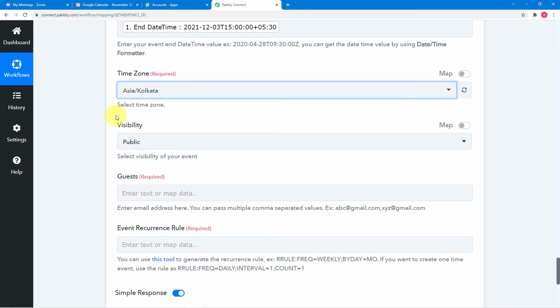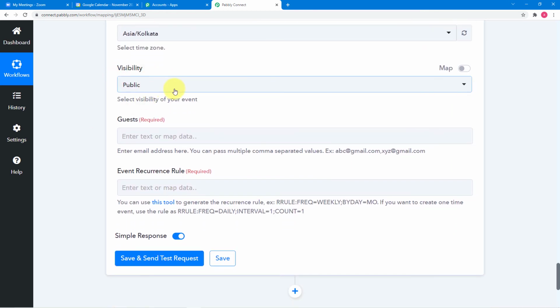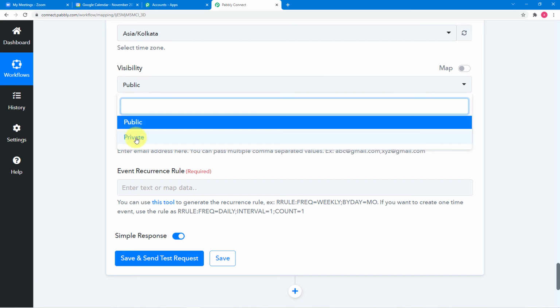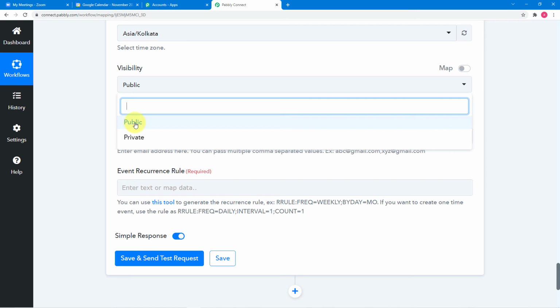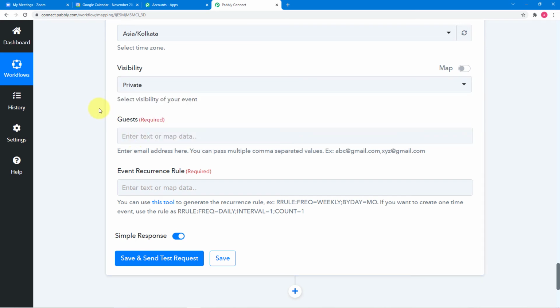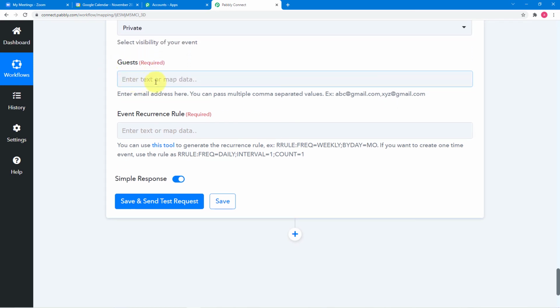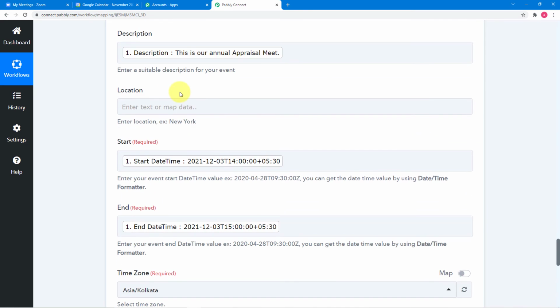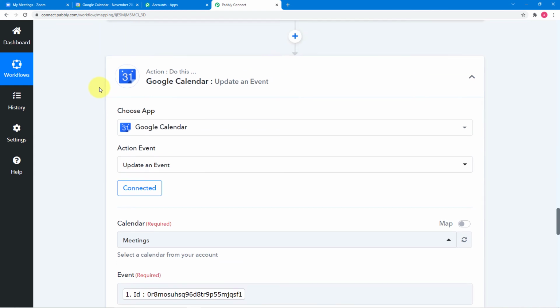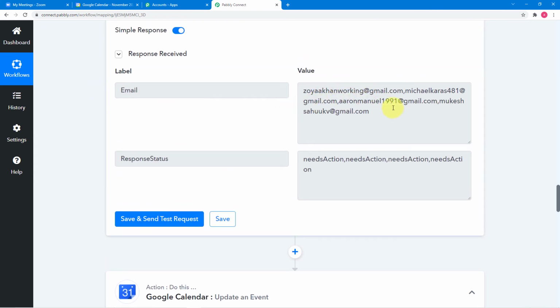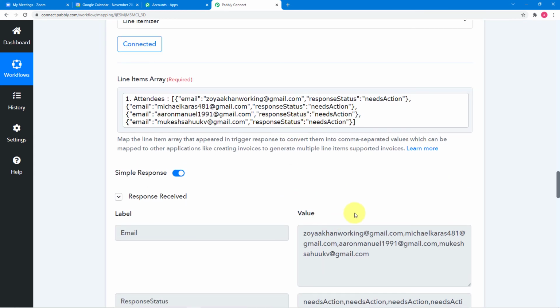Okay, this one. And it is asking for the visibility. So if you want to make this event private, you can check private, or public, you can select public, right? So I'm selecting it private. And now in this guest field, we are going to enter the data of our guests' email IDs, which we have separated like this from this line itemizer. Okay.